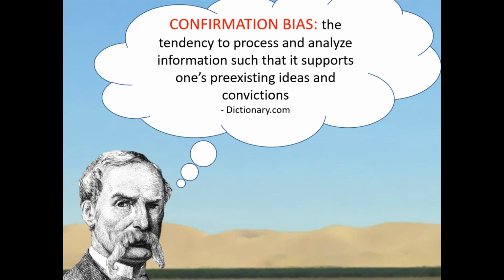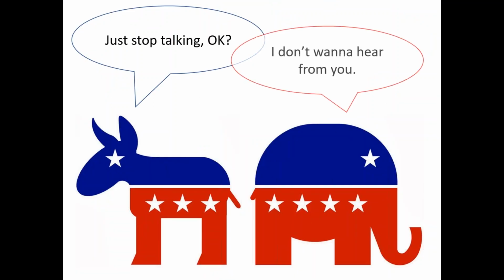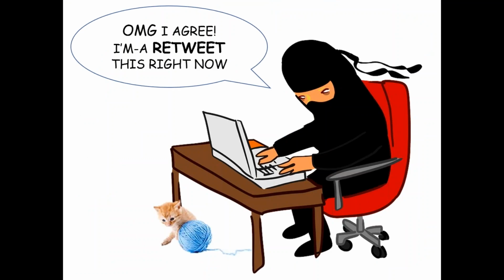Confirmation bias can be problematic. It can prevent people from hearing each other, or can tempt people to spread misinformation. And if you were on the webinar last month, you'll understand the link here between the kitty and the ninja. But confirmation bias can also be used for good,